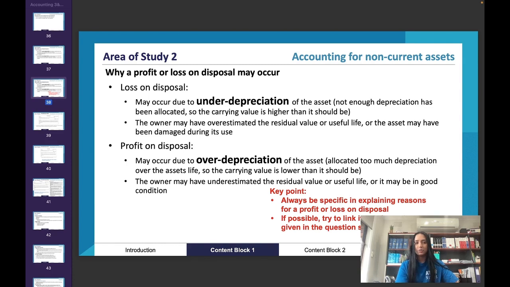And if you're going to say under depreciation, explain why. If you're going to say over depreciation, explain why. And second of all, try to, as best as you can, link it to the information that's given in the question. And specifically how with accounting, in the exam, the questions have a block of writing, like